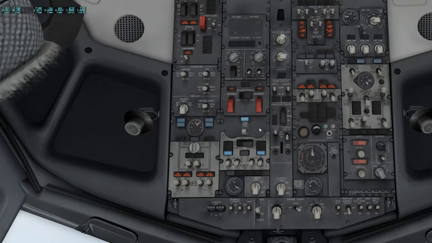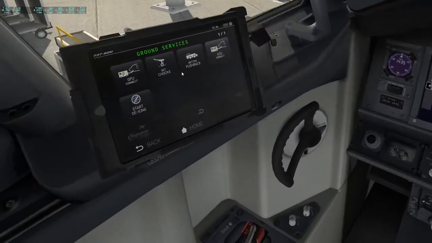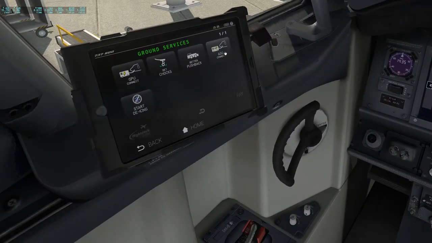Depending on the outside air temperature, you may want to stick the APU on early, or you may get ground air, which you can also call up from the tablet here. You can get an air cart connected to the aircraft to get some pressurised air into the aircraft. It may be necessary. It is, what are we today, 25 degrees outside,